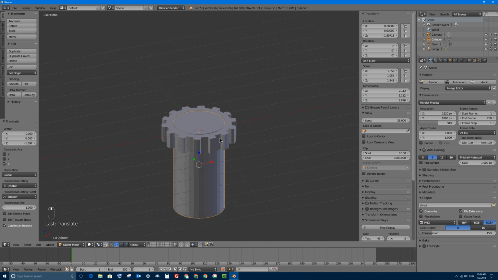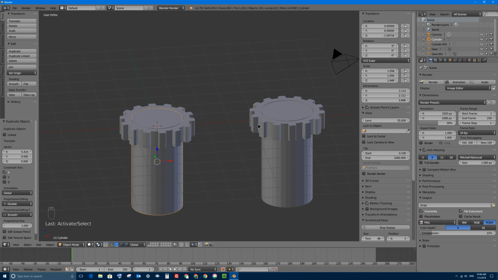Shift D duplicates, and then I'll tap X on my keyboard to move that straight over, and I'll just click to put it over there. To make these objects a part of a physics simulation, we'll need to go to one of 2 places in Blender. We can go over to the Bouncing Ball Physics tab over here in the Properties window, but probably more easily you can go over to the side of your tool shelf and go to the Physics tab, and we're